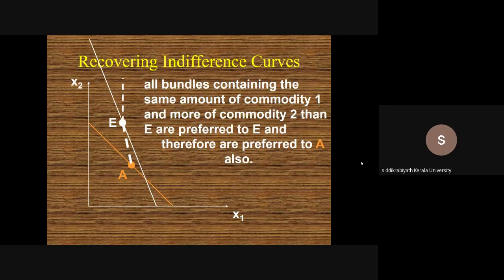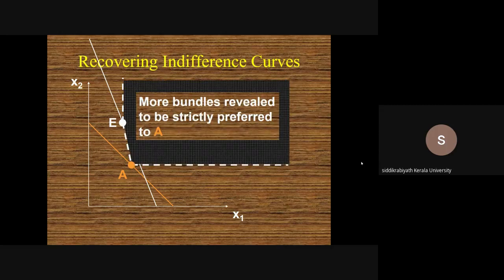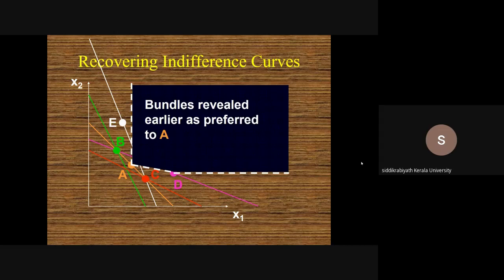So, all bundles containing the same amount of commodity 1 and more of commodity 2, that E are preferred to E, and therefore E are preferred to A. Sorry, therefore are preferred to A. Therefore, you have this particular bundle, range, that is more bundle revealed to be strictly preferred to A. So now you have this thing, bundles revealed earlier as preferred to A